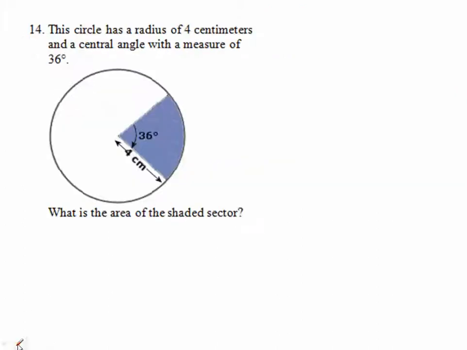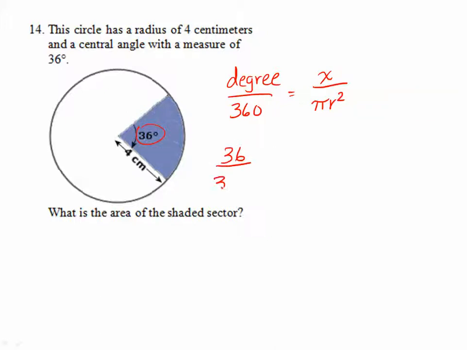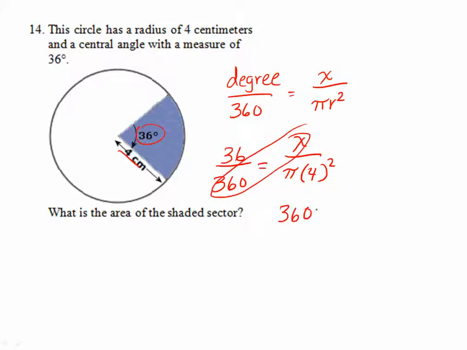Oops, skipped one, go back to 14. This circle has a radius of 4 centimeters and a central angle with a measure of 36. What is the area of the shaded sector? So this is an area of a sector problem, and our formula is similar to our arc length. Degree over 360 equals x, or area of the sector, over the area of a circle, pi r squared, instead of the circumference. So my degree is 36 degrees, sorry, over 360 equals x over pi times my radius is 4 squared. So when I cross multiply, I get 360x